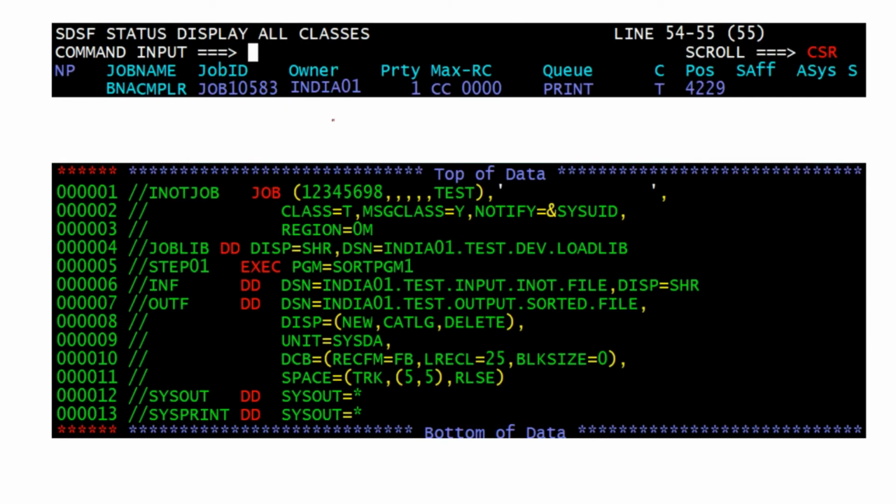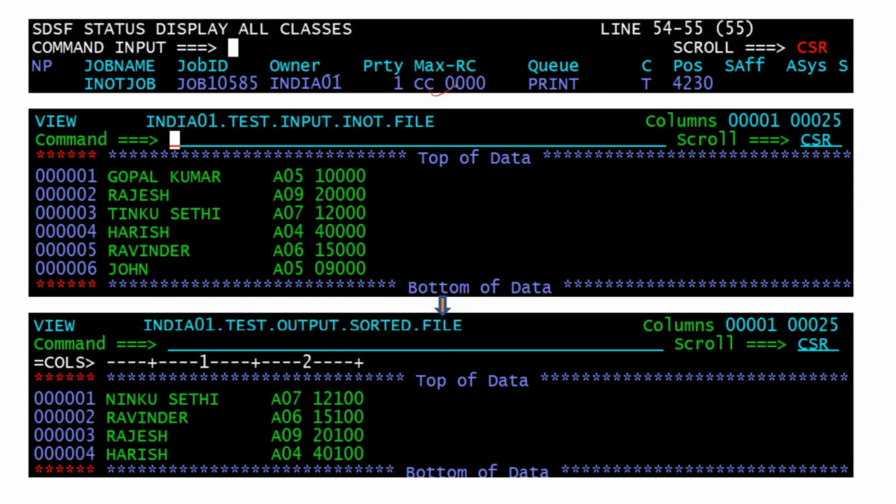And after that, I compiled this program and it compiled successfully, and I wrote the same job, and when I ran this job, it completed successfully.